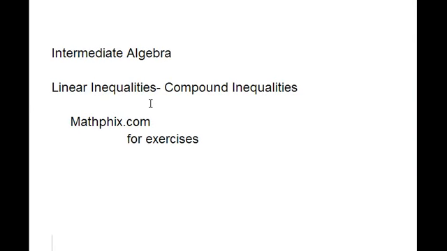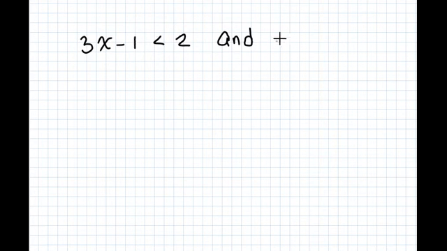Okay, in this section here we got a little twist. We call these compound inequalities that we're going to be working at, still under linear inequalities, but these are known as compound inequalities because and or is going to be introduced. Well, let's get started. So I'm going to write out two separate inequalities. So 3x minus 1 is less than 2, and, I'm going to throw an and in there, and 5x plus 4